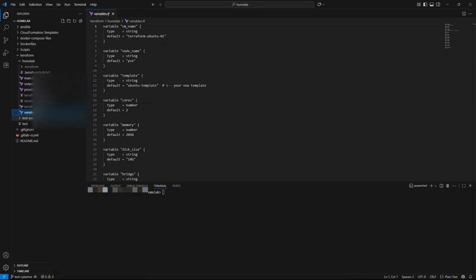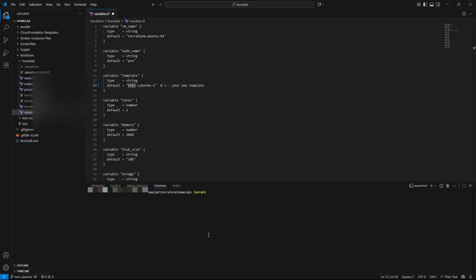And then lastly, you just need to specify some of those variables inside of the variables.tf. You can leave it by default, or if you want to change any of the variables, you can do that as well. Make sure that this one definitely needs to be modified depending on what you use for the name. The old one that I used when I first did some testing was Ubuntu template. So in this case, for this video, we're going to change that to test-cyberme-1,